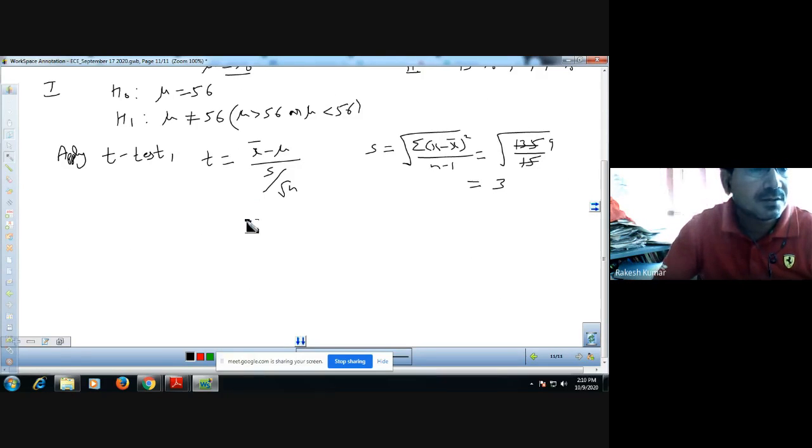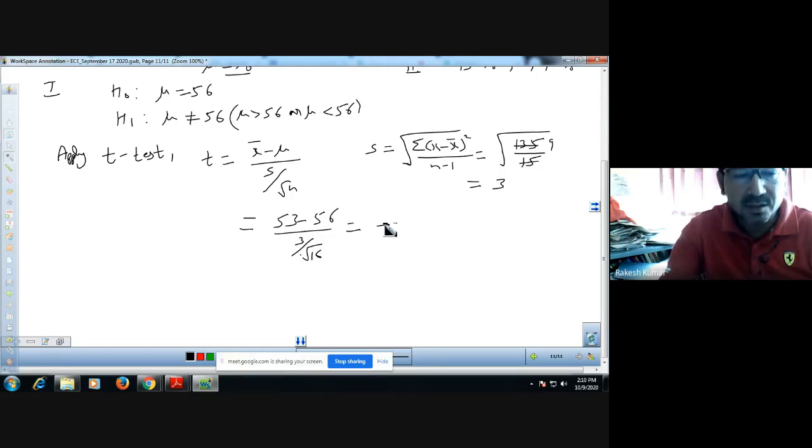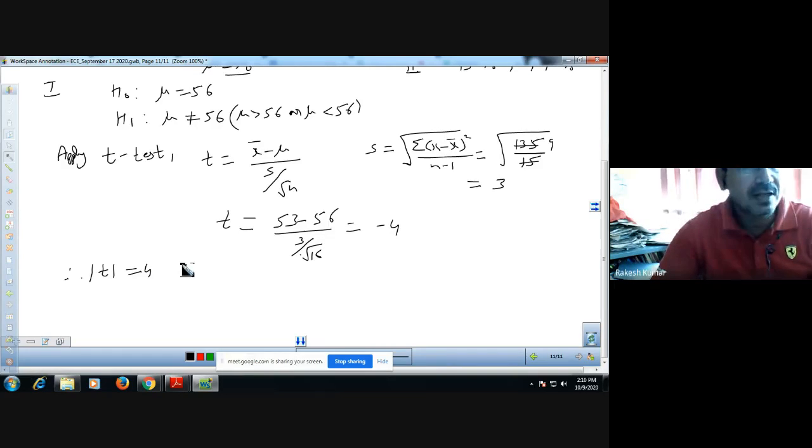Substitute the values. This term also is 53 minus 56 over 3 upon square root of 16. So ultimately the calculated value of t is minus 4. Because we have a negative sign, therefore the absolute value is 4. Now in the small samples,